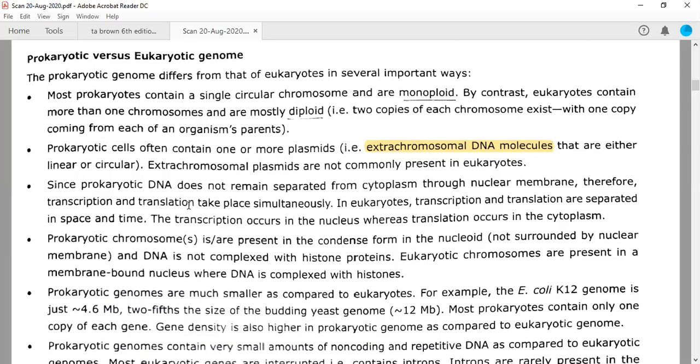What is the case with eukaryotes? Eukaryotes need to make mRNA, doing transcription inside the nucleus. Then they need to transport this mRNA out of the nucleus, and then this mRNA will be translated into proteins in the cytoplasm. So this transport is time consuming. But bacteria do not have this nuclear membrane, so they can do both processes simultaneously.